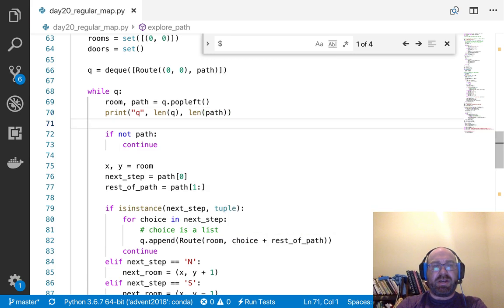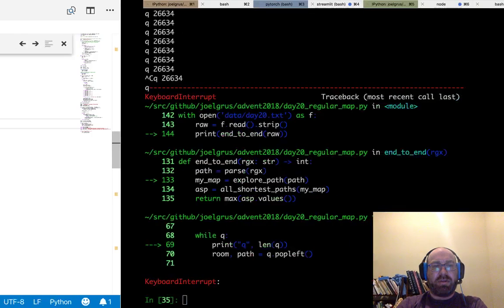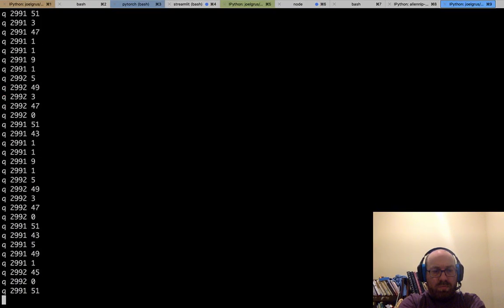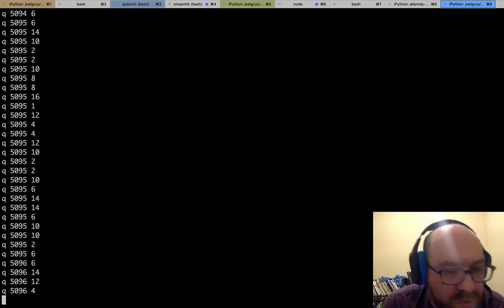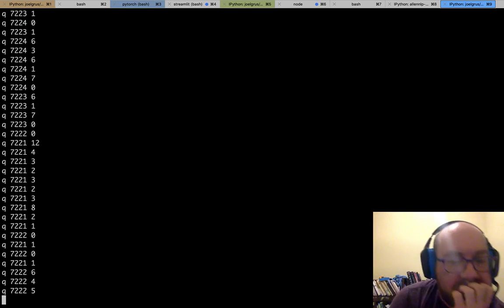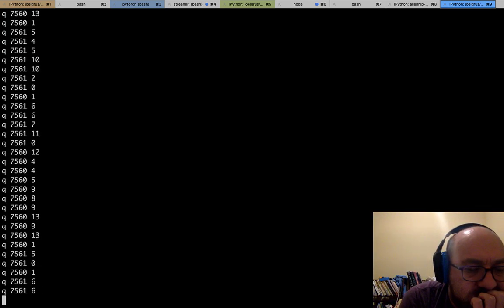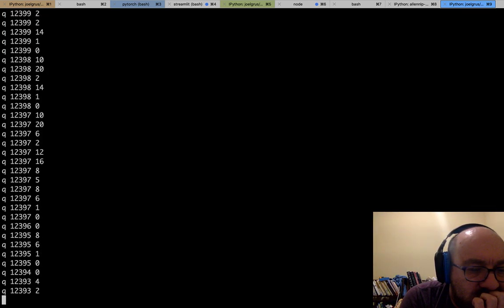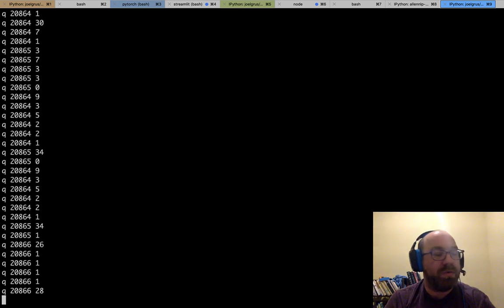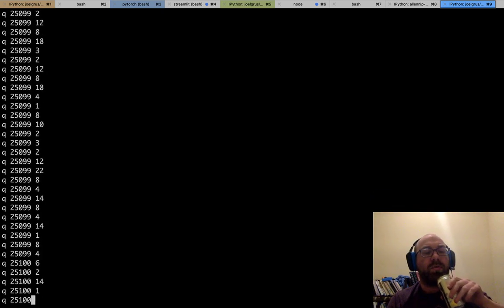So that will help me understand how much of the path is left as well. This thing could run forever, basically, which is unfortunate. So while it's running,